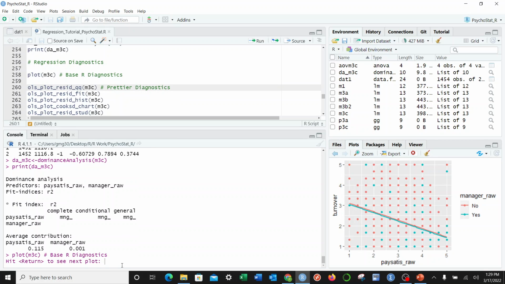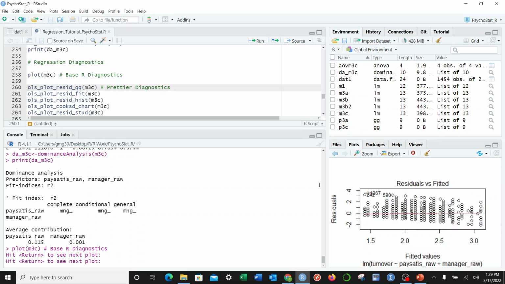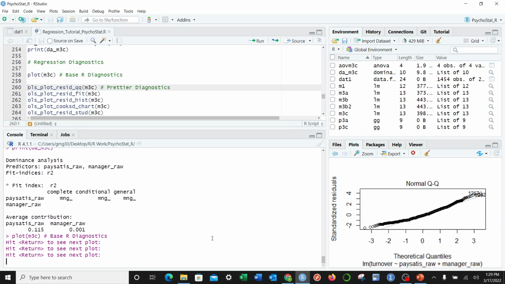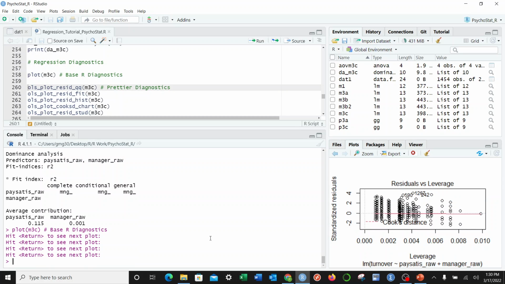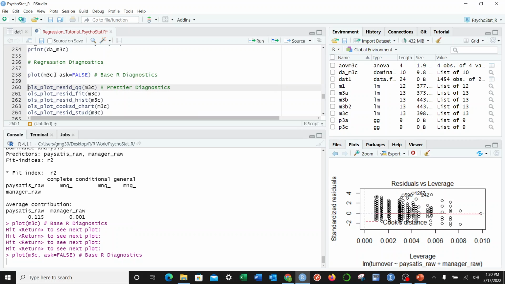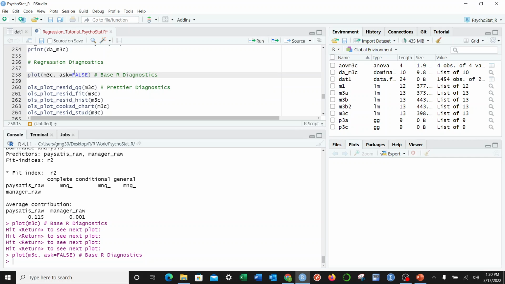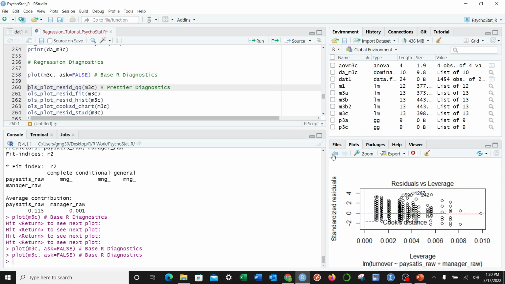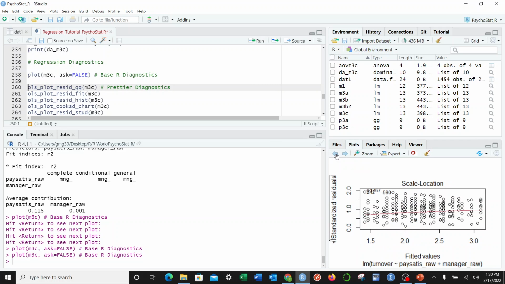We can do plot, and then we need to come down here and put in our cursor to hit enter. And so we see our different regression diagnostic plots, and this is just the base R version, where again all you have to do is specify plot and the name of your model, and then come down here and press enter to go through. You can also do ask equals false so that you get them all at once. Let me clear this so you can get a better idea. Yeah, and so when you do that, you don't have to come down there and press enter,